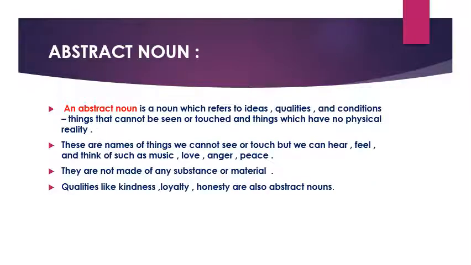Next comes abstract noun. An abstract noun is a noun which refers to ideas, qualities and conditions, means things that cannot be seen or touched. In concrete nouns we have seen we can see, we can touch, but just the opposite of that, abstract noun means which cannot be seen, which cannot be felt, which cannot be touched, means physically you cannot experience these nouns in reality. So these are the names of things which we cannot see or touch, like hear, feel, think, or such